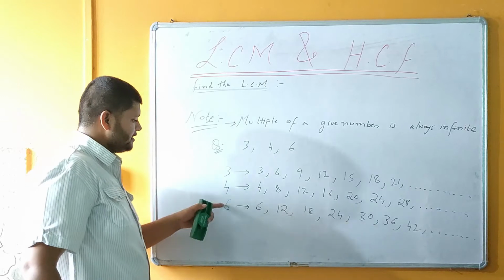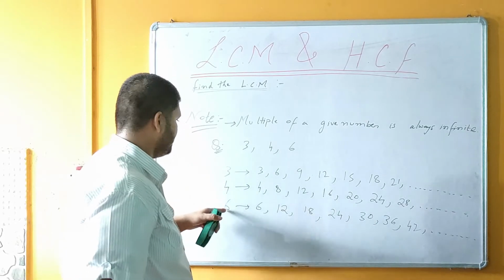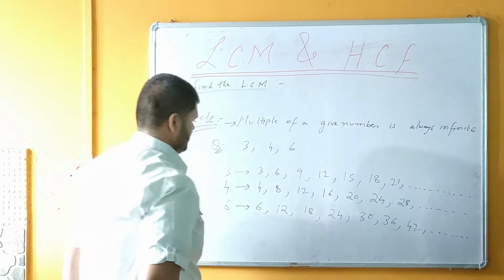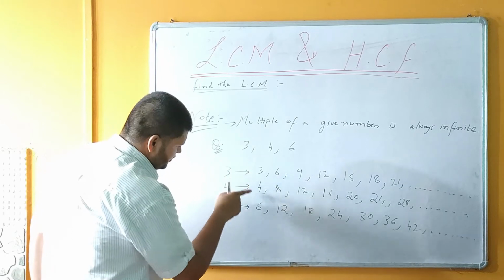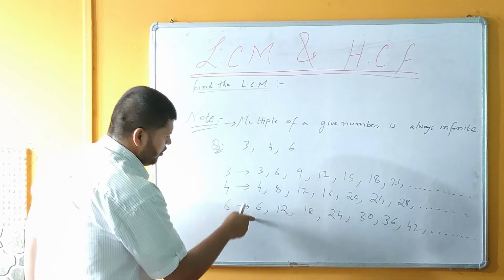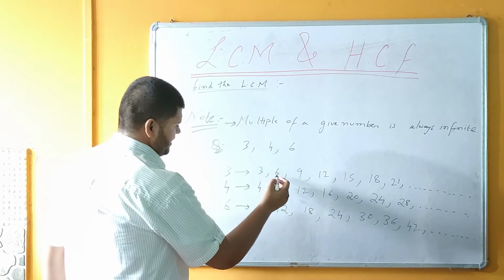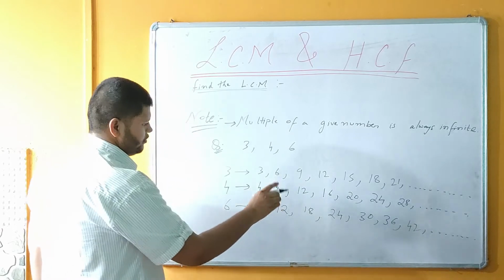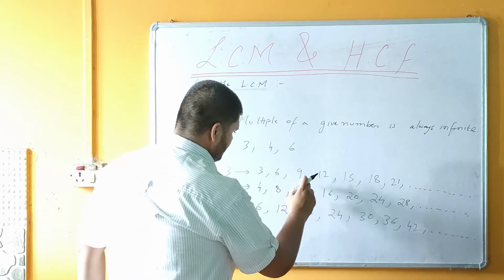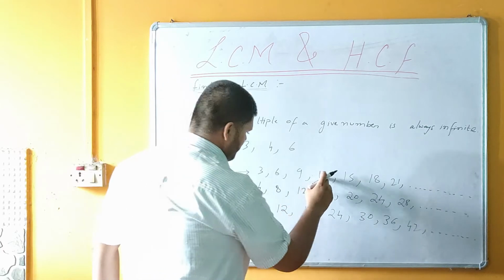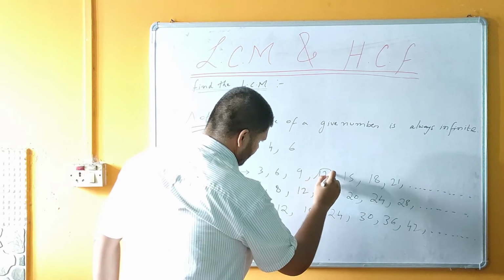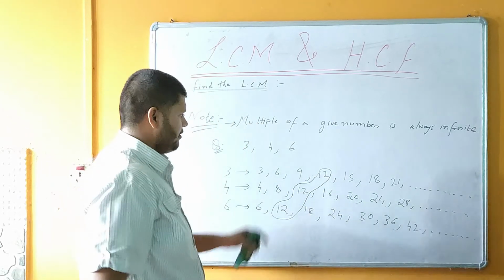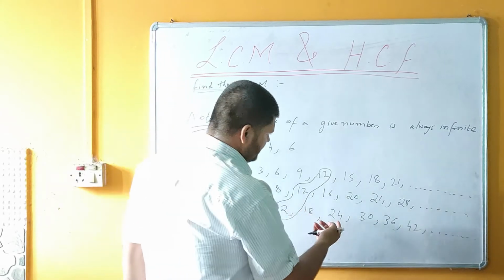Alright, after writing the multiples of 3, 4 and 6, here you have to find the common between all these multiples. So can you see here 3? Do you see 3 in other tables? No. So we will discard this. Then we will go for 6. Yes, 6 is present over here, but no 6 in this one. So we will discard it. We go for 9. 9 is not present. So we go for 12. Yes, we can see 12 here, here. 12 is common. Okay. Then we go for another.